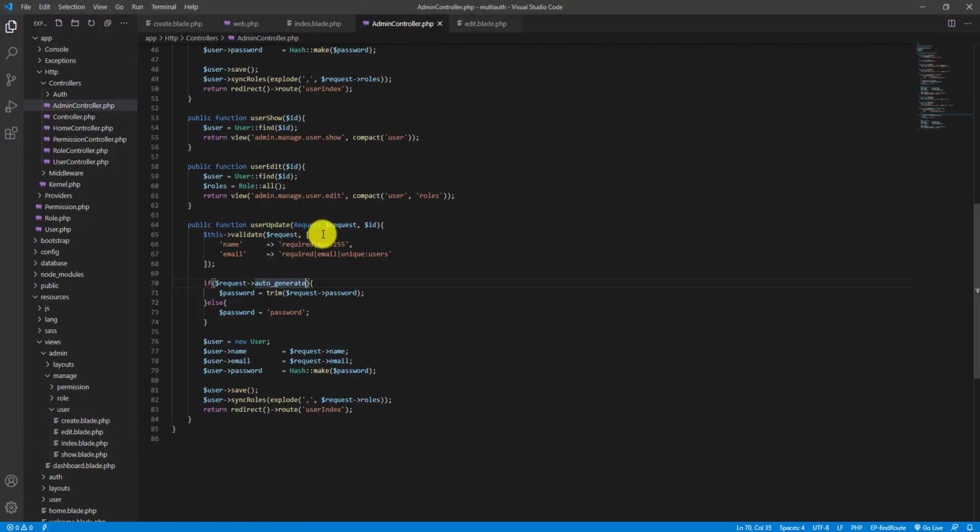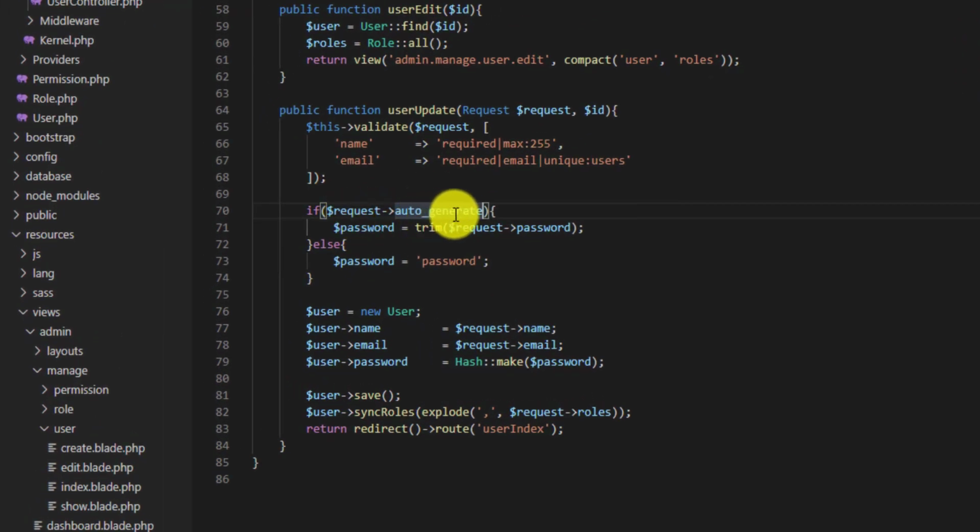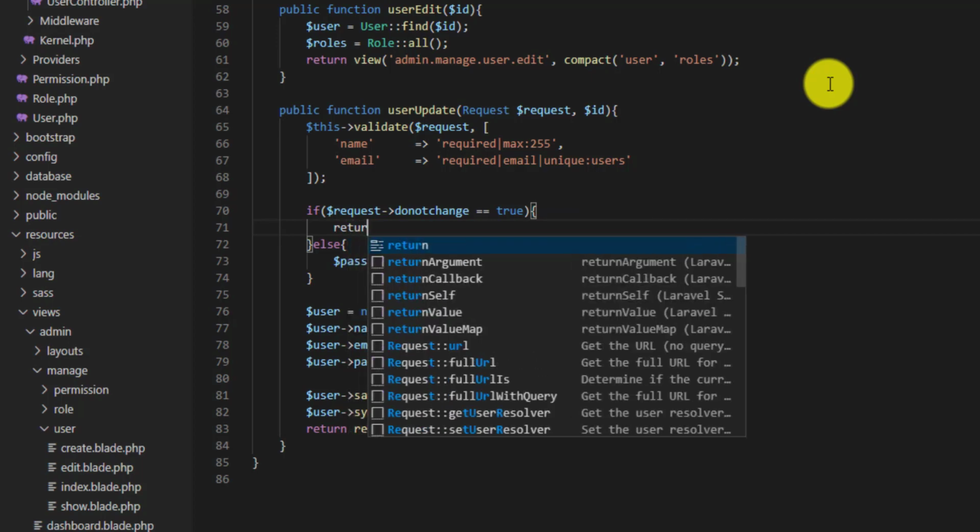So let's work on our method. In here what I want to say is if user has selected do not change, and I can do that by saying equals to true. This means if a user has selected do not change. So inside here what we want to do is do nothing. So for the password we want to say return true,